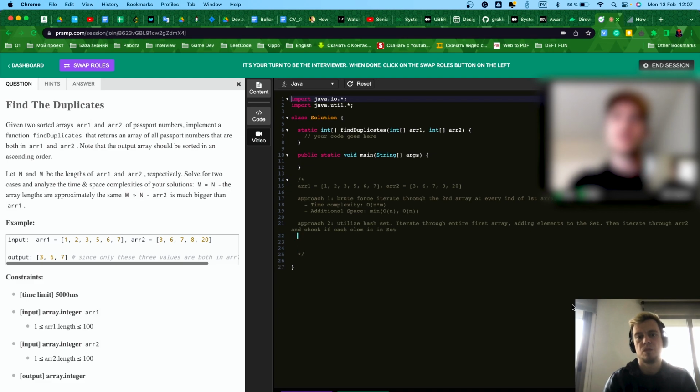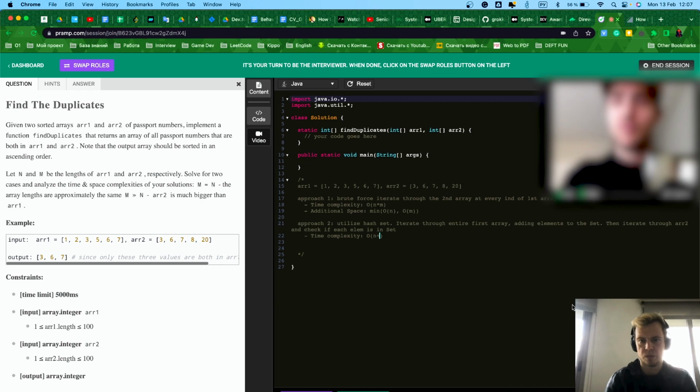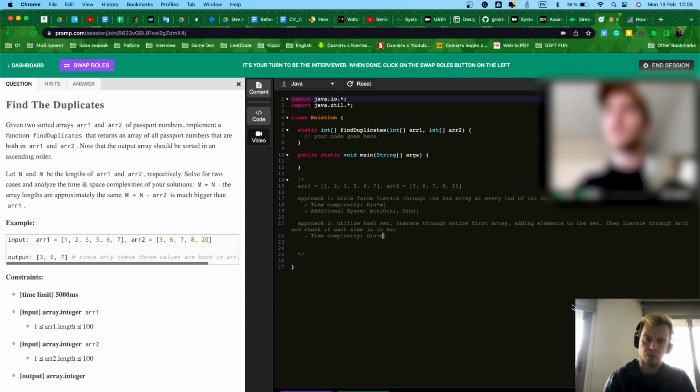For this second approach, the time complexity would be big O of n plus m, because I'm going to need to iterate through both arrays. And then the space,